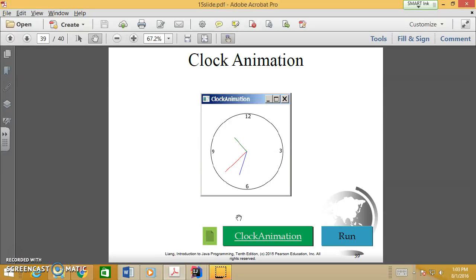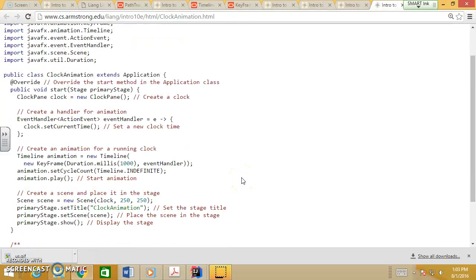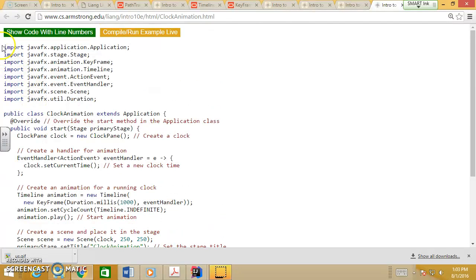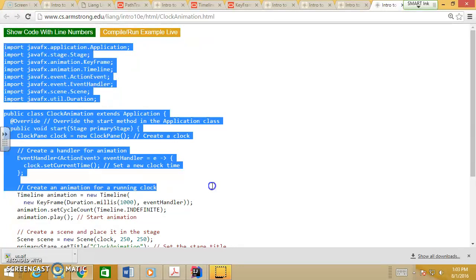Clock animation. So we can create an application as a clock with the animation. So this is just showing how we do that. So first, use ClockPane. Okay, so use ClockPane and then set the current time. So the clock is going to show the current time. Now